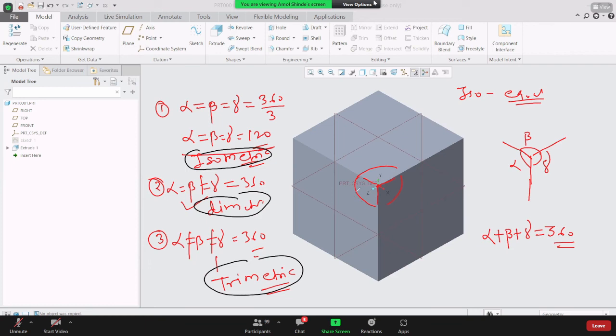Now, the one cube is in front of you, and you can see the three edges originating from alpha, beta, and gamma. If all are equal, then this particular projection is called isometric projection. Got it, everyone? Yes, sir. Okay. We're not going to see in much detail what dimetric and trimetric are. We'll see later. Now in isometric,